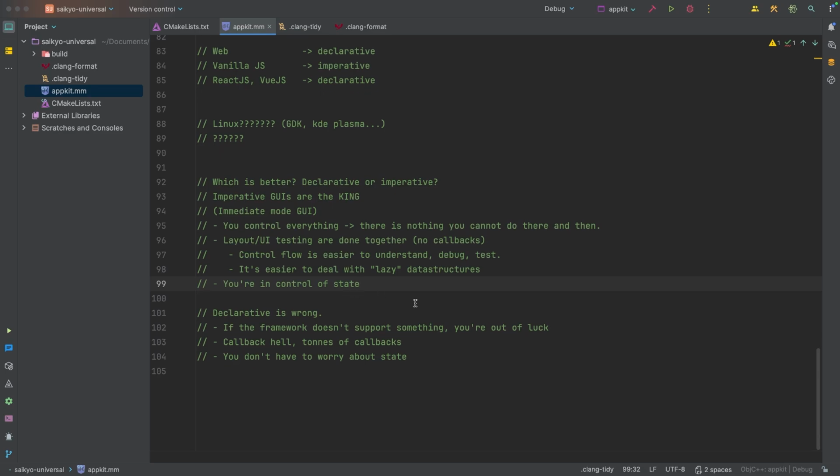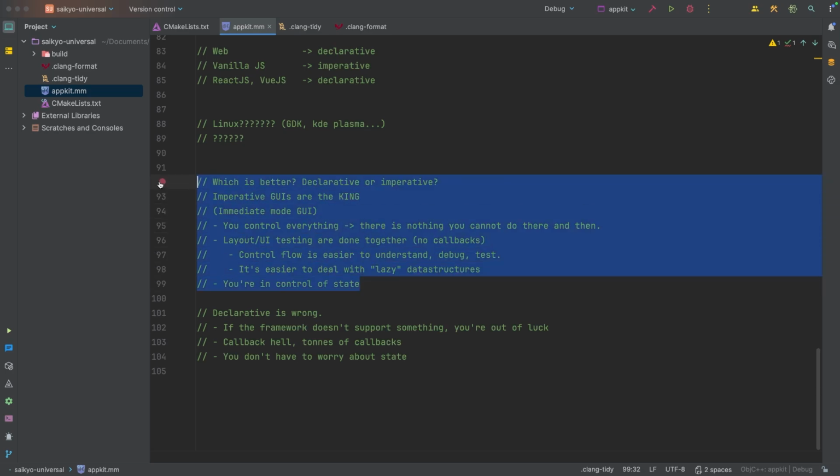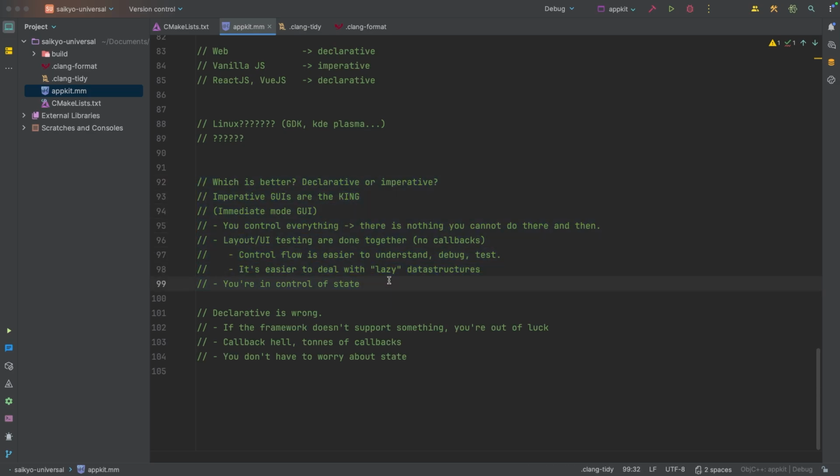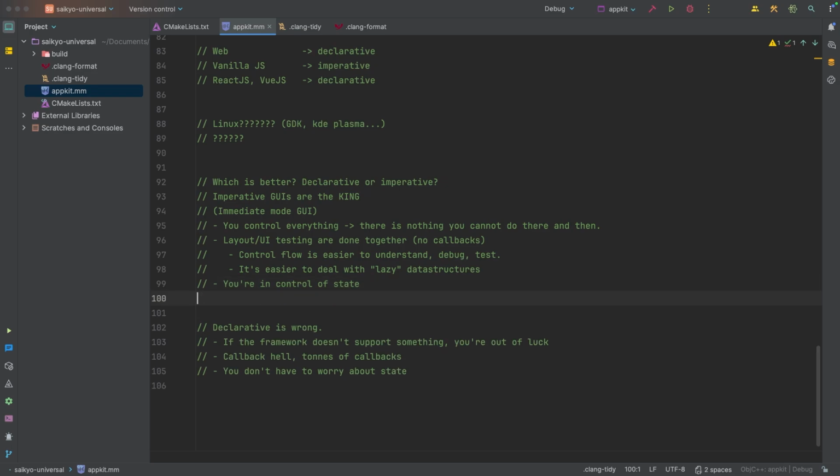But with this control, we can start doing crazy things, like animations that do completely different things based on the state of the app, or canceling things in the middle of other things promptly and quickly, or even doing, well, there's tons of things. I can't think of every example right now, but the point is, we want this. And I suppose the last thing that I'm going to talk about when it comes to imperative mode GUIs, which is something I already kind of touched on, is that